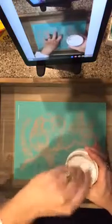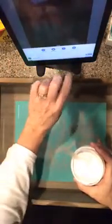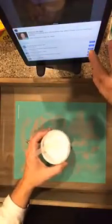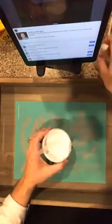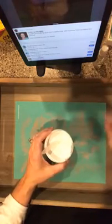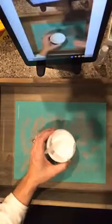So again, I'm just going to stir this up. Now this should be the consistency of yogurt or cake batter. So if it is a little thick, it's no big deal. Just spray this with a little bit of distilled water, and then you can loosen that right back up just because you stir. Now our paste is a natural pigment, so sometimes when they sit, the pigments separate, and I